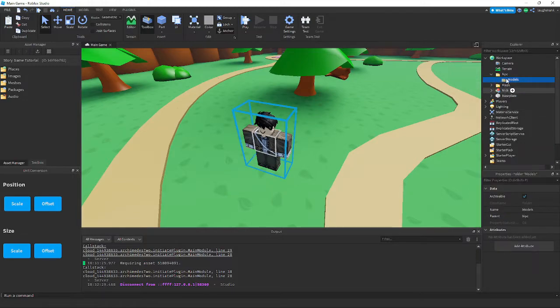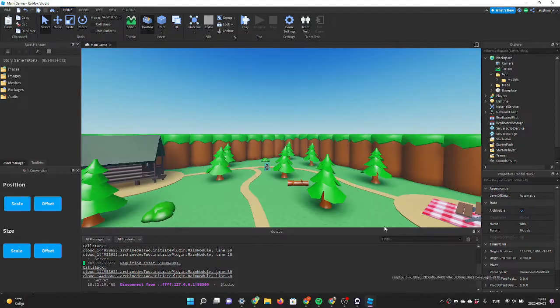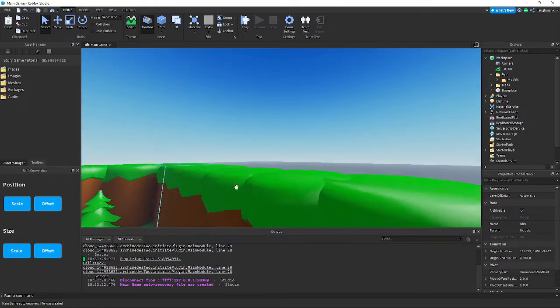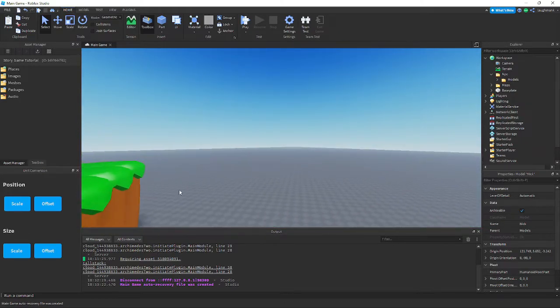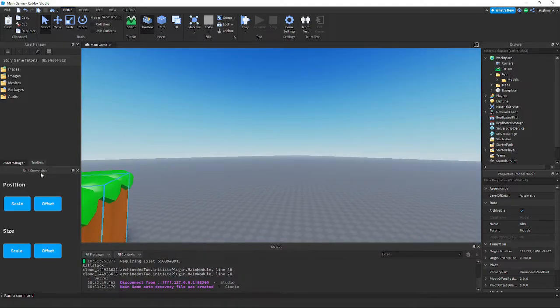Now let's add our dummy inside of the model, like that. So now we will be making the dialogue. When a player randomly gets picked and talks, you will see the player. And I may have forgotten to